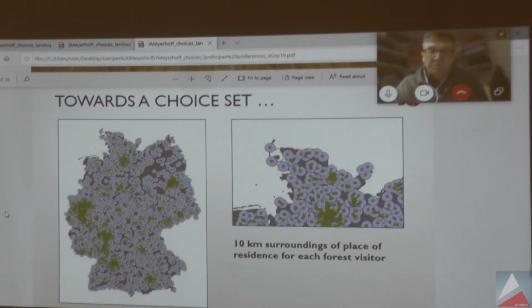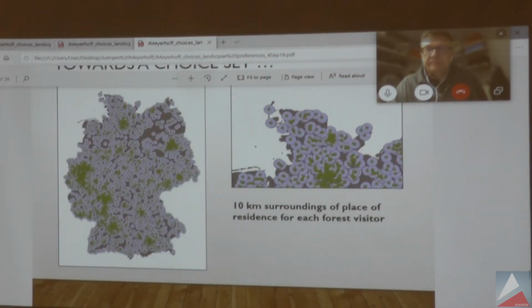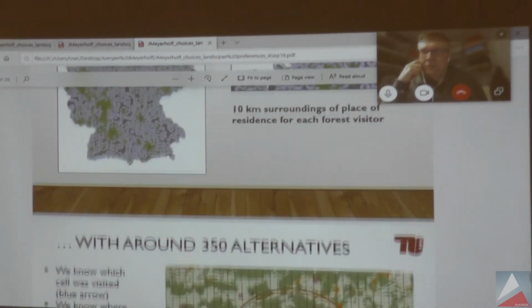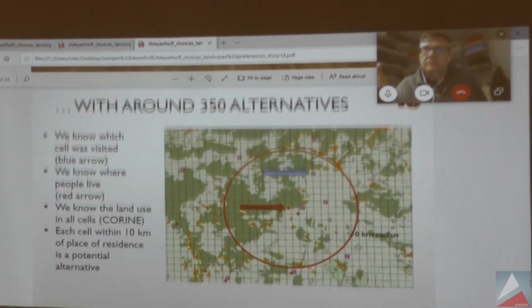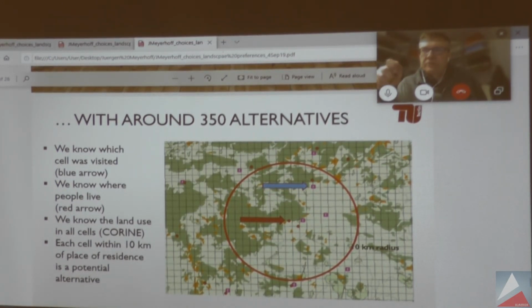So we have created these 4,300 surroundings, and the idea behind it is that we want to get the information about the land use in people's surroundings. So that when we then look closer into one of these circles, which you should now see on this slide, we additionally use, within these 10 kilometers around, a grid of 1 square kilometer size, so that we have for Germany a lot of these small grid cells,